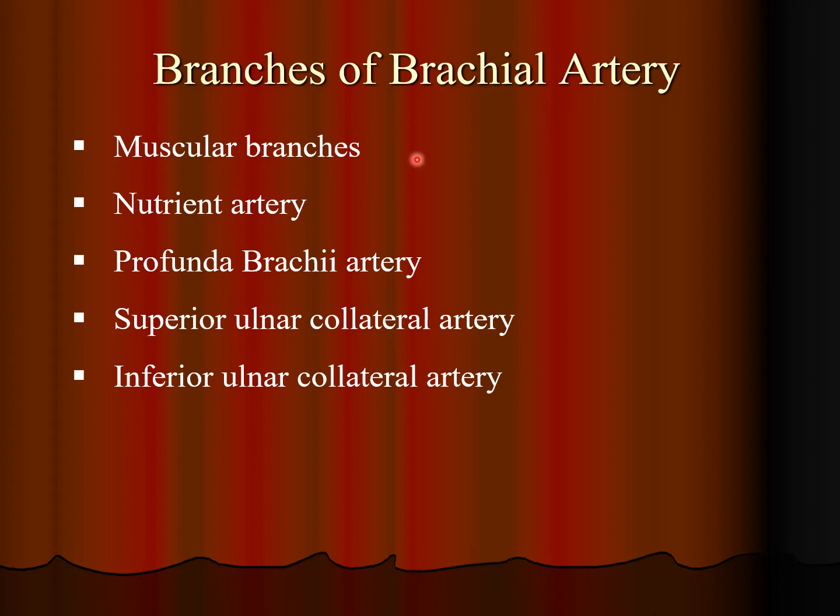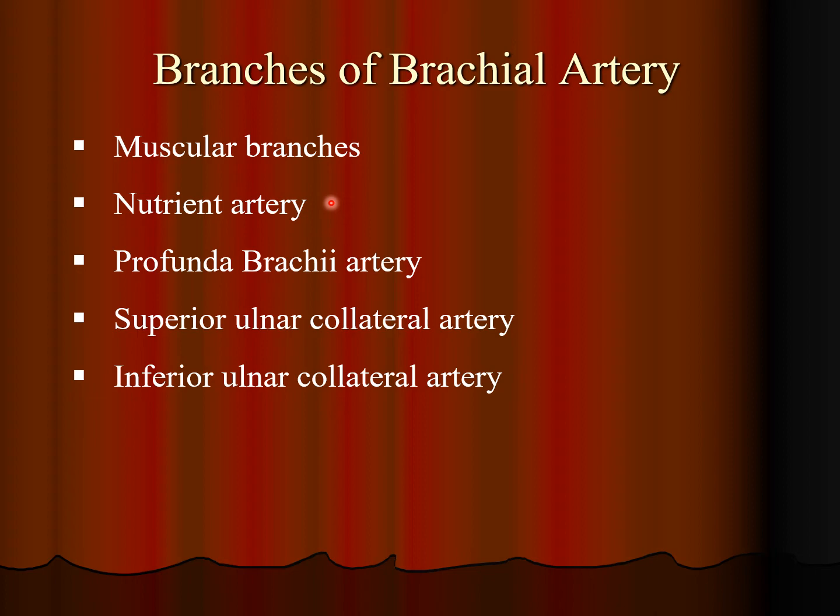The brachial artery gives muscular branches to the anterior compartment muscles because it is passing through the anterior compartment of arm. It gives a nutrient artery to the humerus. In the foundation bone lecture you have talked about nutrient artery. That artery will supply nutrition to the long bones, and it passes through a foramen known as nutrient foramen into the shaft of the bone.